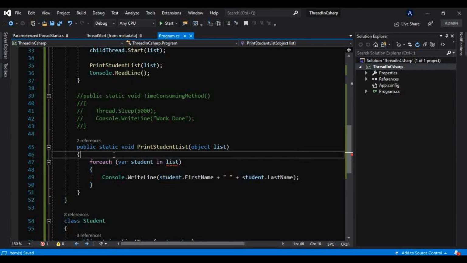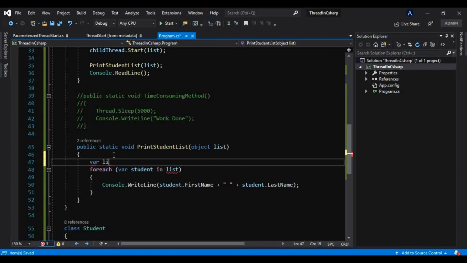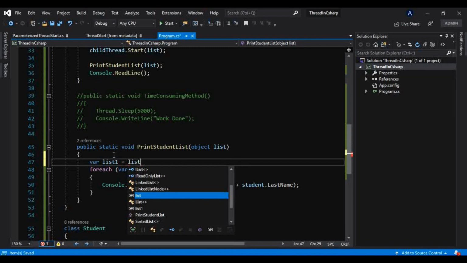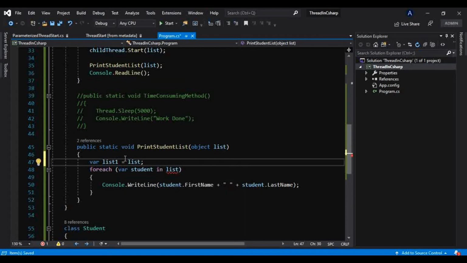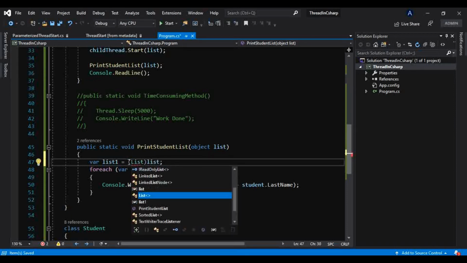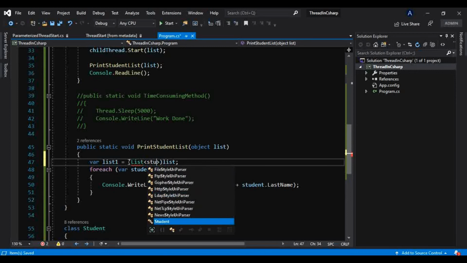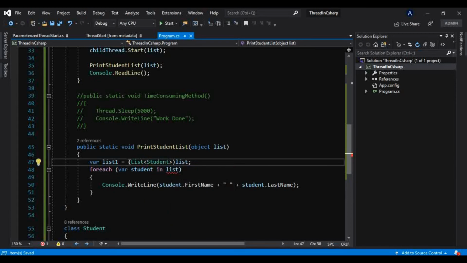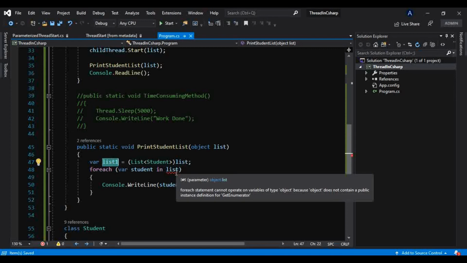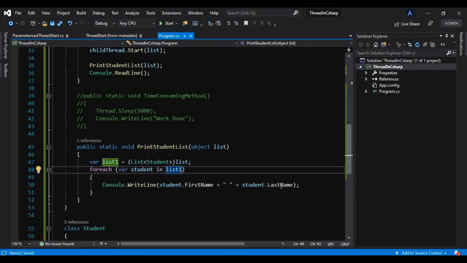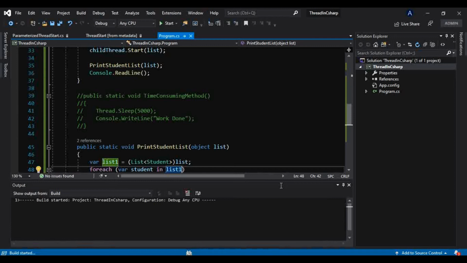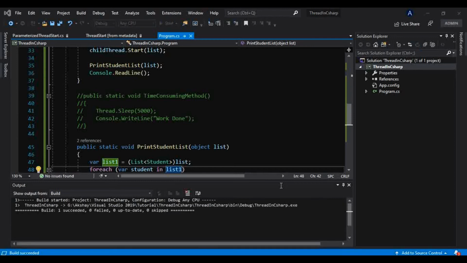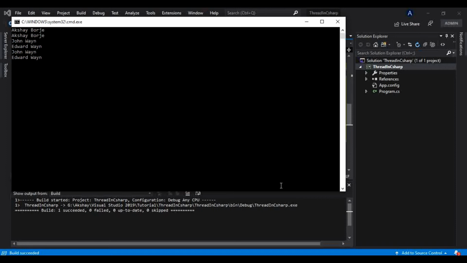So for that, we can typecast that. Let me take list1 as a variable here, and we can typecast that to a list. And how we can do that, let me show you. Anyway, we have learned type conversion in this tutorial series. If you are not aware about this, please go and check those videos. I can typecast that something like this, and now I can use that list1 here. Now if I run this program, we will get that output. So we got that output.